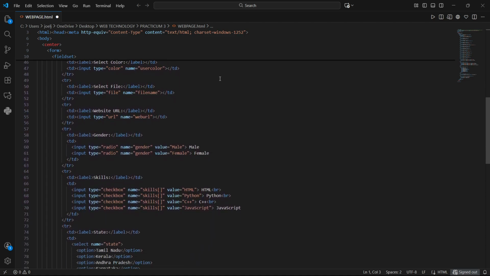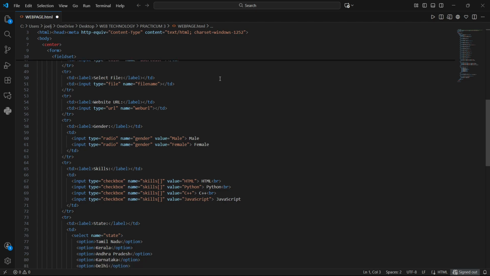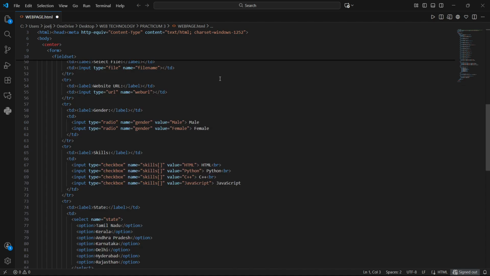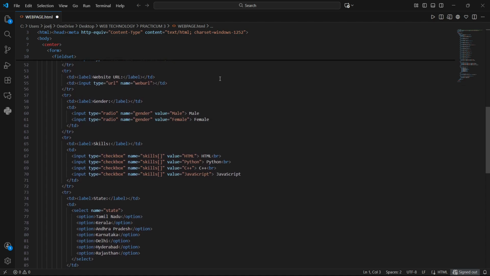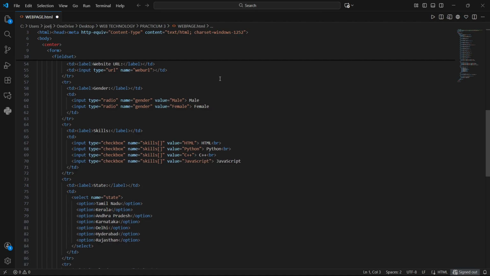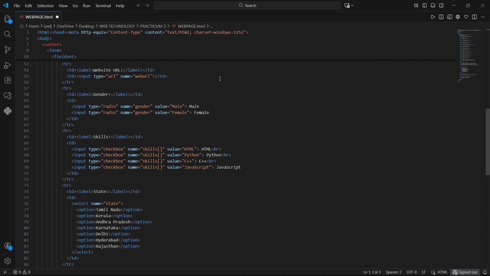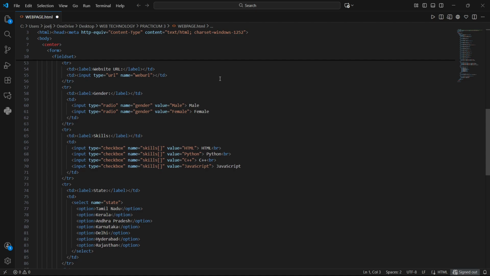In this, I used the input tag and br tag, and input type is equal to checkbox. Checkbox is for selecting any one or more options, and I used the input type radio, which only one option can be selected. For example, male and female, and I used a website URL,